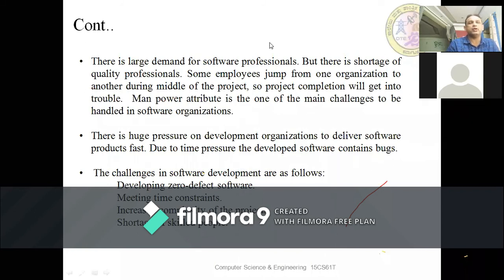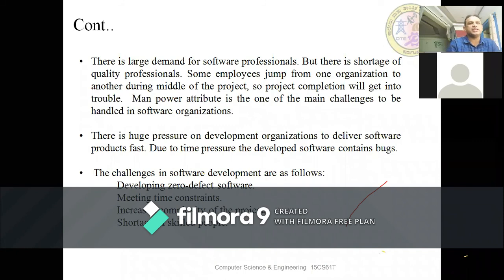At the end you identify that you are unable to reach the deadline. So a short time is given to the testing team. Due to this, they try to complete the testing, but as the time is very less, there may be bugs in the software. Is it clear? That is one of the reasons, and that is what is happening in the industry. They do not do testing properly, because a small time is given and there is a lot of pressure on them.